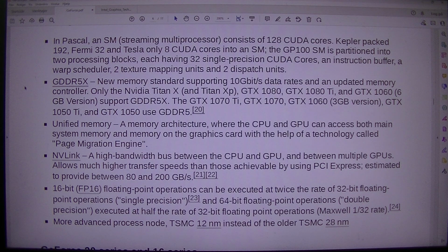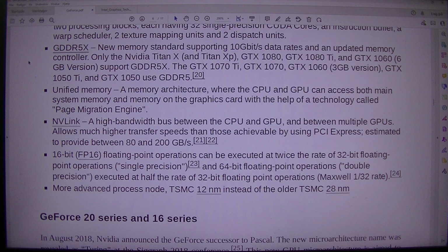GDDR5X, a new memory standard supporting 10 Gbit/s data rates and an updated memory controller. Only the Nvidia Titan X and Titan Xp, GTX 1080, GTX 1080 Ti, and GTX 1060, 6GB version, support GDDR5X. The GTX 1070 Ti, GTX 1070, GTX 1060, 3GB version, GTX 1050 Ti, and GTX 1050 use